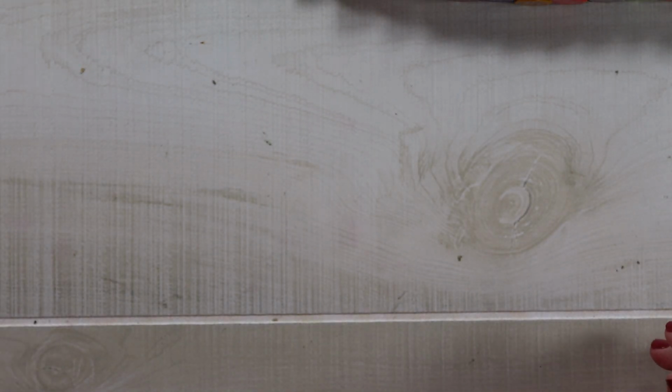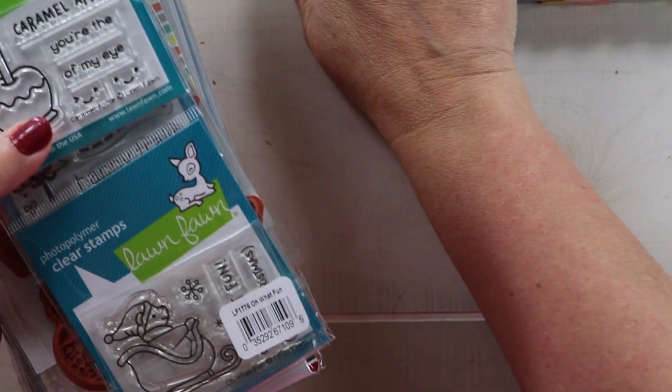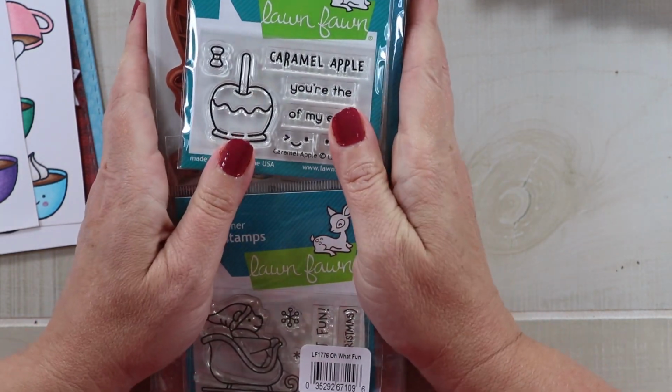And here's what I worked on today. So as part of my haul for my birthday, I picked up some stamps, and these are definitely